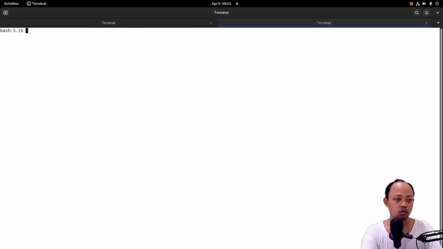I will try to combine the head command with the tail command and then with the ls command. Let's go to the etc folder and then yum.repos.d.